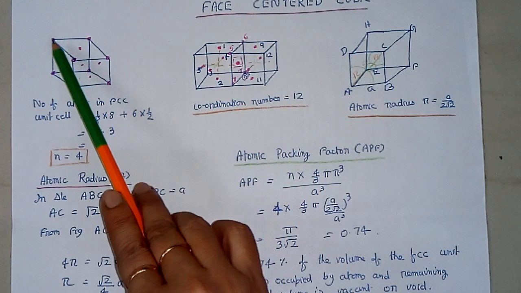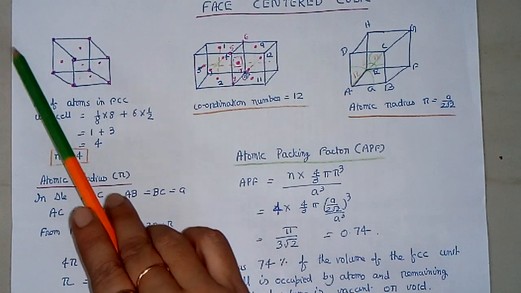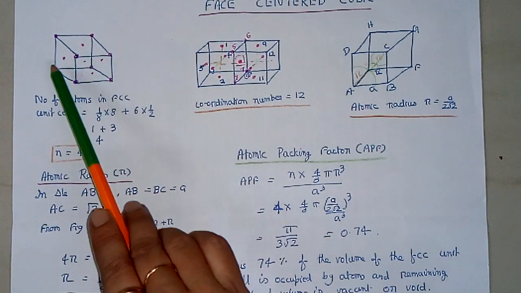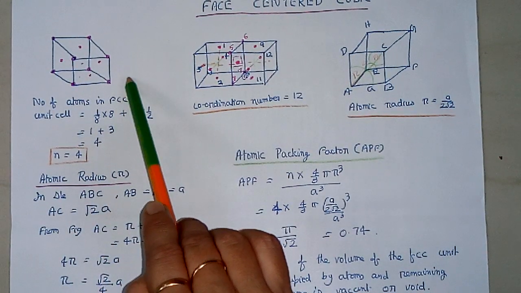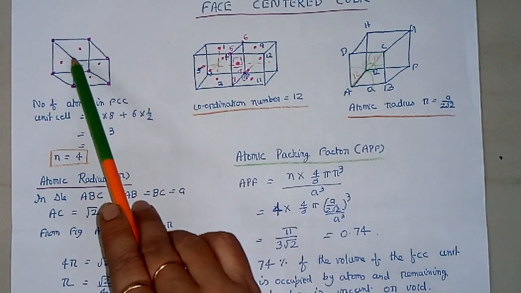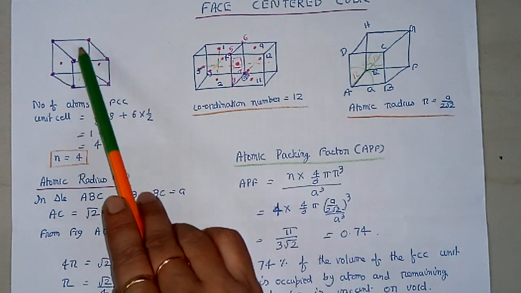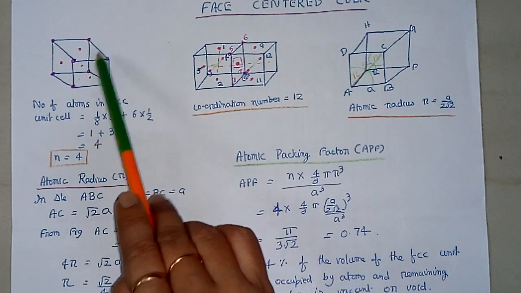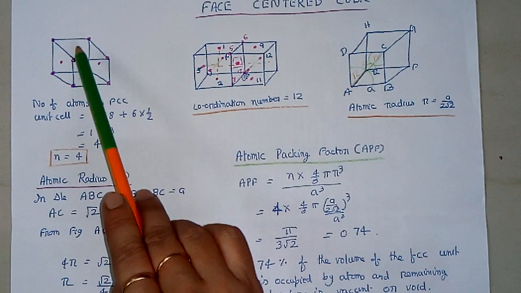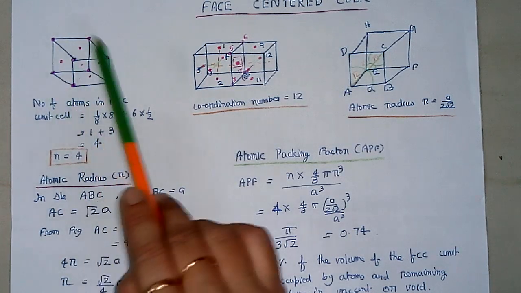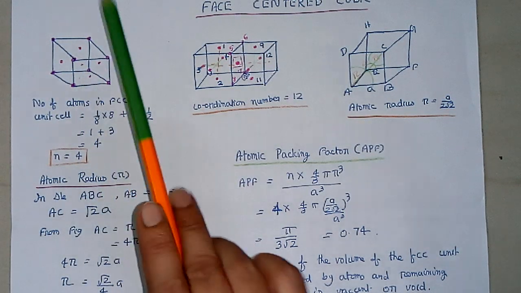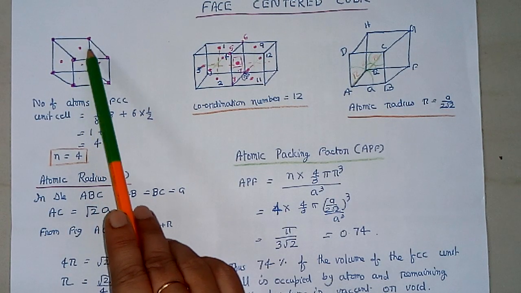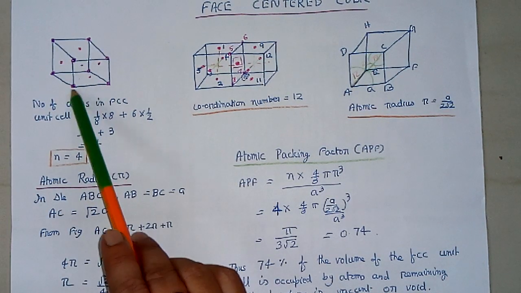So atoms are lying initially as in simple cubic and BCC. Here also atoms are lying at the corner of the cube of a unit cell. Okay. And what about the face? As we know, in a cube 6 faces are there, and every face has one atom. Okay. So every face, top, bottom and 4 sides, all have one atom each. And each atom of a particular face is shared among 2 unit cells.